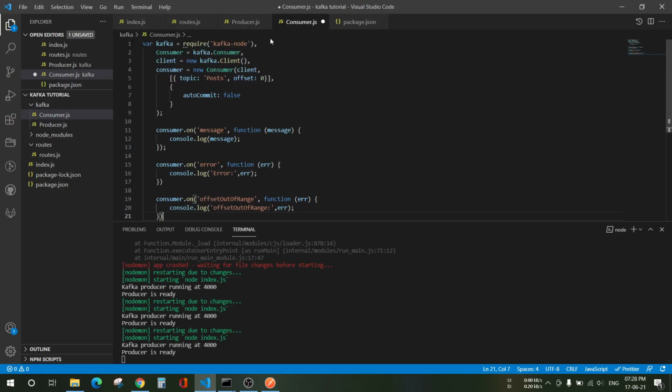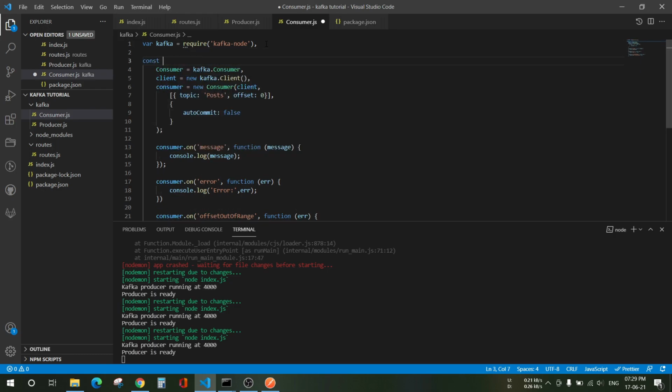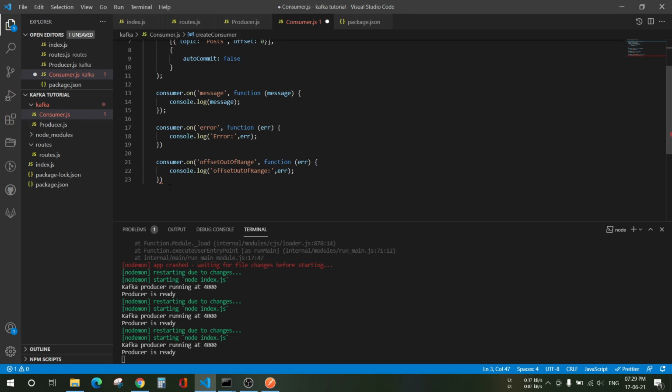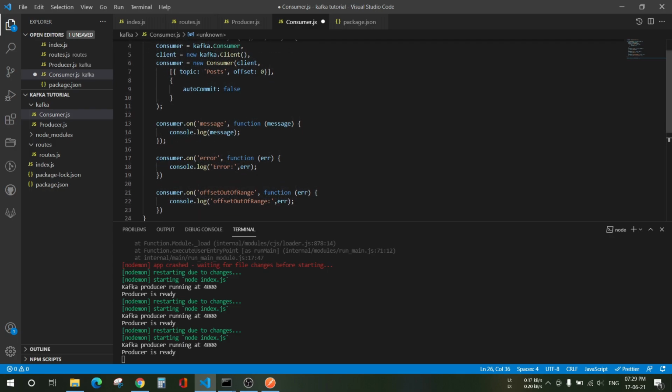Yes, now we have to create one method. So what I'll do, I'll take all of these inside one method. So createConsumer, module.exports, createConsumer, okay.